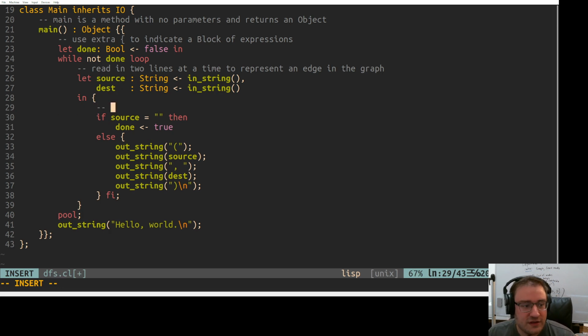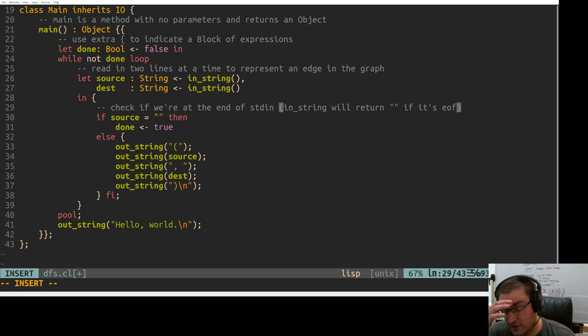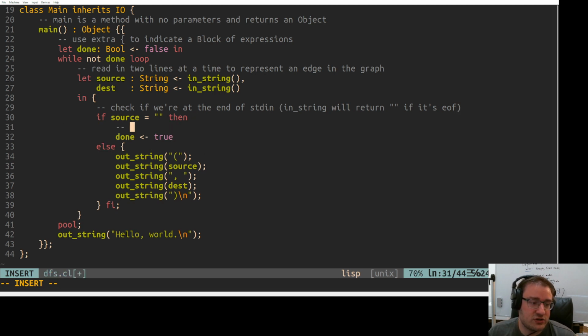So remember, this is check if we're at the end of standard input. In-string will return an empty string if it's like the end of file, right? So if you're at the end of standard input, that's what it'll do. So this is to break out of the loop,